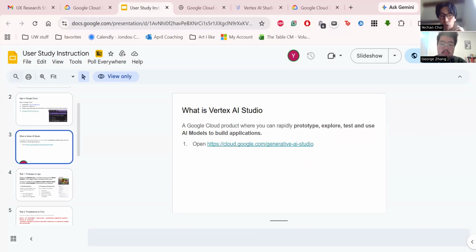We went a little bit over this like 5 seconds ago. Vertex AI Studio is going to be where you're going to be doing a lot of this work. You can think of it kind of like a sandbox where you test AI models specifically to build stuff. And then if you go to slide four,